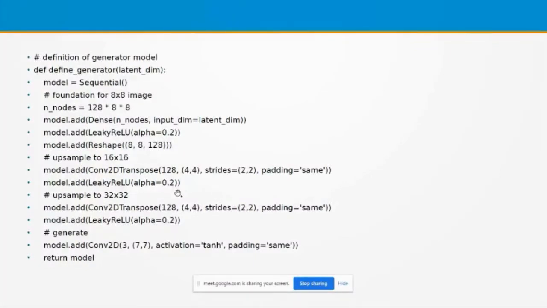From these 128 feature maps, we can generate our desired image with the help of another convolution operation, a Conv2D. For generating the image corresponding to the latent dimension, the last layer is a Conv2D with 3 layers. Why 3 layers?